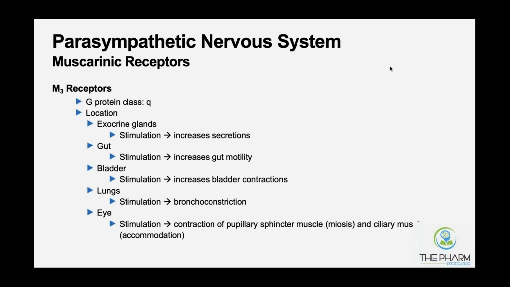So I encourage you to repeat after me when I ask you these questions, and then we'll get into one of our first questions of the night on the topic of pharmacology. So we said another word for parasympathetic is cholinergic, and that in the parasympathetic system, most of the receptors are muscarinic. These are your M-type receptors, M1, M2. We're going to focus on M3. So which receptor can I stimulate or agonize to cause an increase in exocrine gland secretions? The answer is M3. And so if I increase secretions,